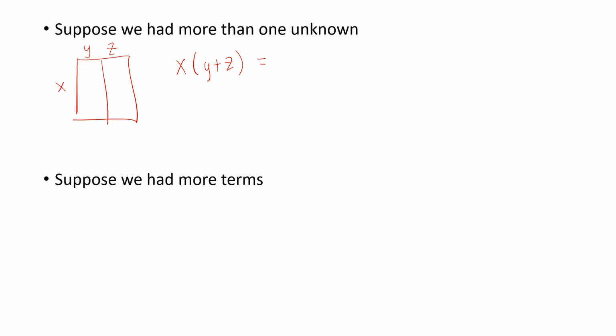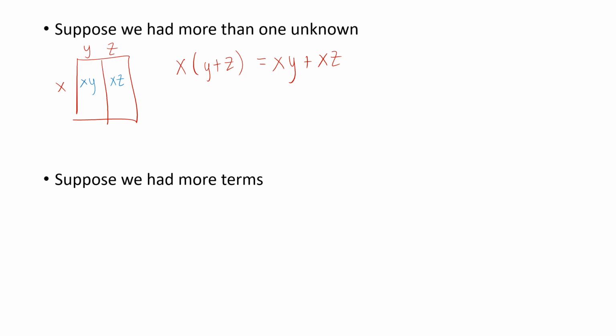Or we could find the area of each smaller one. So this would be x times y, and this would be x times z, and that would give us the same area. So this would work even if you had multiple variables,